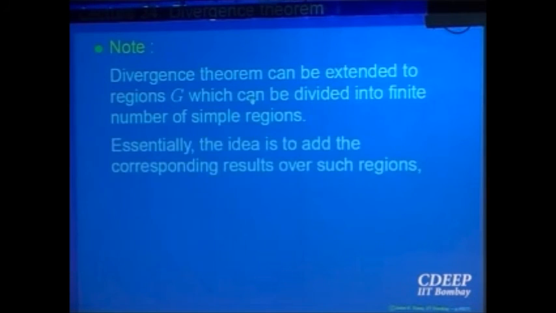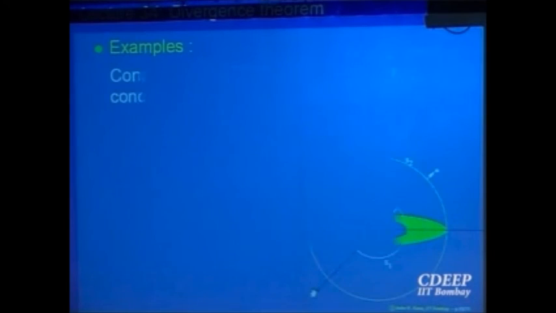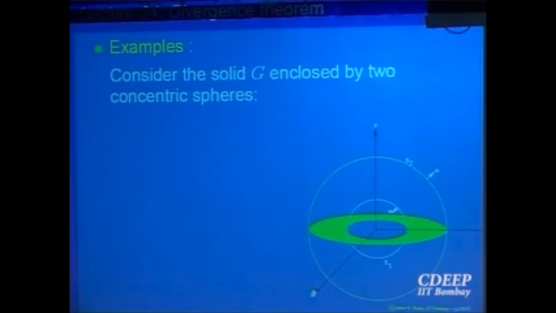So you can extend it to regions basically by drawing planes parallel to the xy plane, yz plane and zx plane. Okay, but all the time keep in mind the normal should be the outward normal. For example, let us look at an example. You will look at the annulus region. Now we are looking at the region enclosed by two surfaces, an outer sphere and an inner sphere, right? And I want to say that this divergence theorem holds for this kind of region, right? So what will we do? We will cut it up by drawing a plane parallel to the xy plane, right?